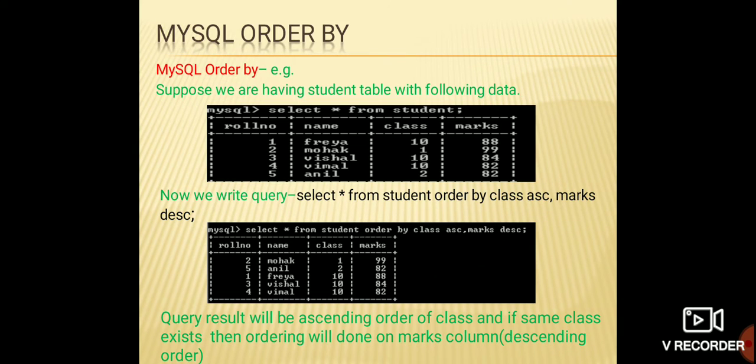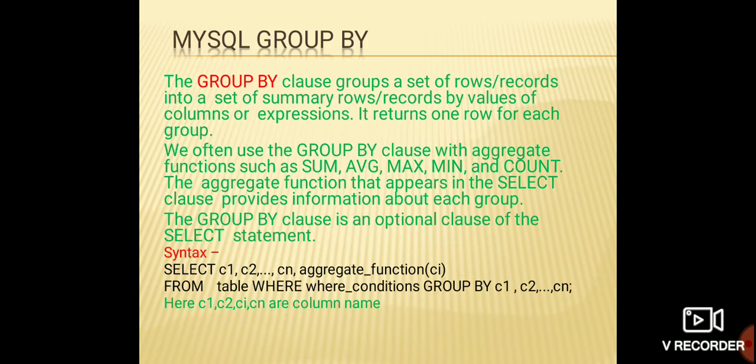Next example is according to descending order. If I want to display class in ascending order, but the marks in descending order. The class you can see, 1 is displayed in ascending order, then 2, then 10 class. For class 10, the marks will be displayed in descending order, like 88 will display first, then 84 second, then 82 the third one, you can see here. Okay, the query result will be in ascending order of class, and if the same class exists, then ordering will be done on the marks column in descending order. Okay, next,